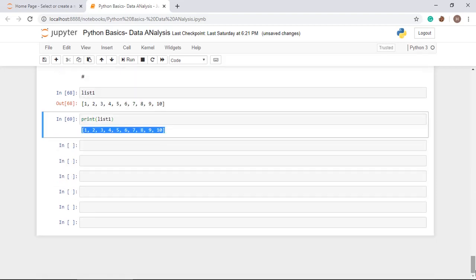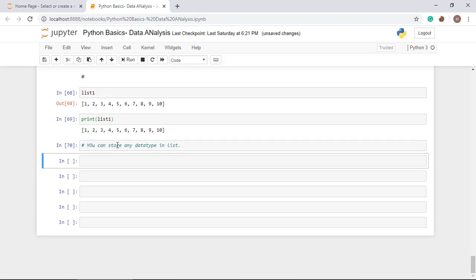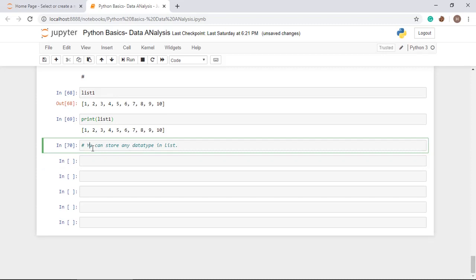One more thing, you can store any data type in a list. This makes Python different from other programming languages like C. In C, you have to use a single data type.